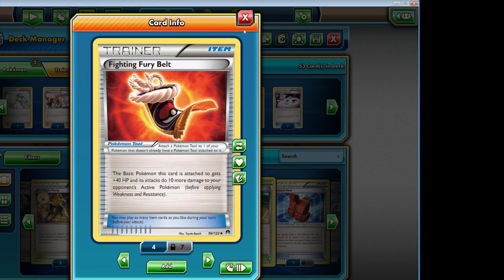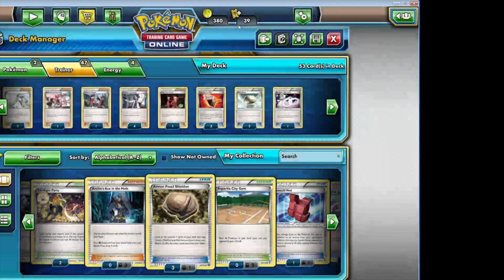Seismitoad if you're playing Expanded. There's pretty much a lot of decks, any deck that runs EXs will usually use Fighting Fury Belt if it's not a Mega deck. Great card, gives you 40 extra HP and you do 10 more damage. Definitely probably gonna want to run at least 2 to 3 in your deck, or keep 2 to 3 in your binder. Relatively cheap card, I think it's about $1. Not sure. It's been a long time since I looked at that card online because I have a playset in